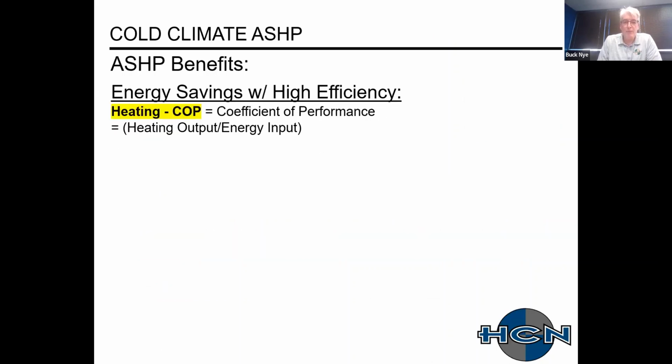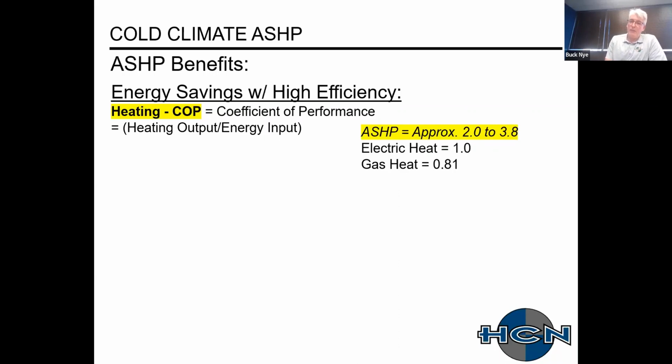Benefits of airside heat pumps, as you're well aware of, energy savings with high efficiency. Heat pumps' heating efficiency is evaluated by a term called coefficient of performance. Like any efficiency, it's an output over input. In this case, we're heating output over energy. An airside heat pump has a coefficient of performance that's higher than electric and gas heat. I'll put it in parentheses because approximately